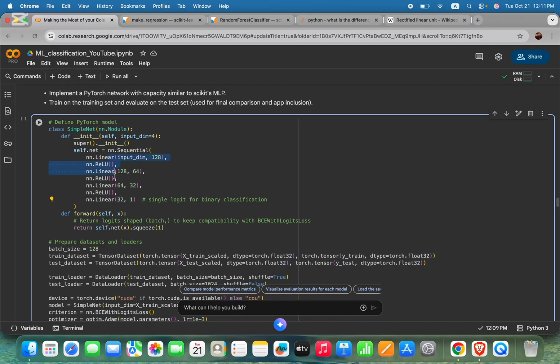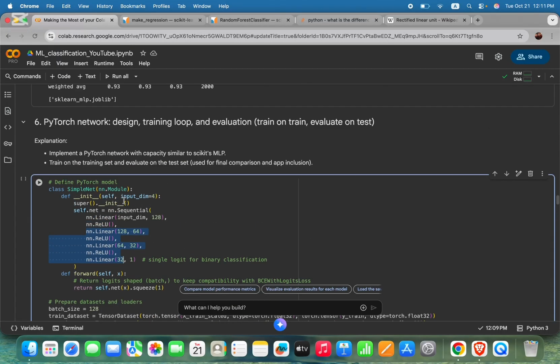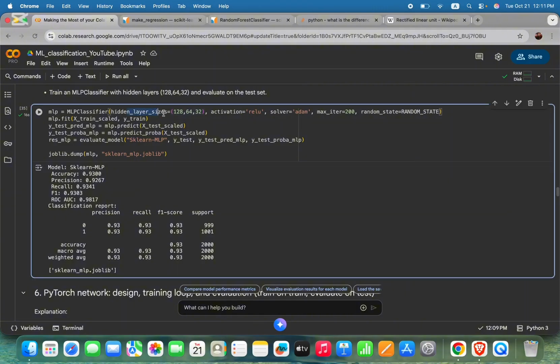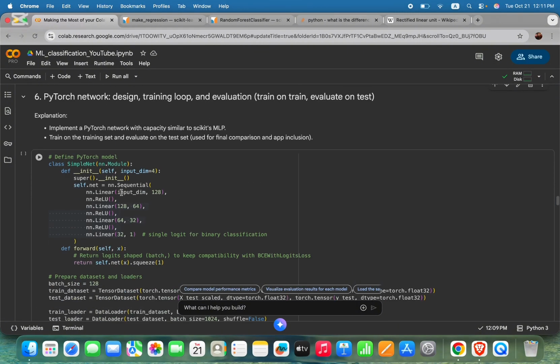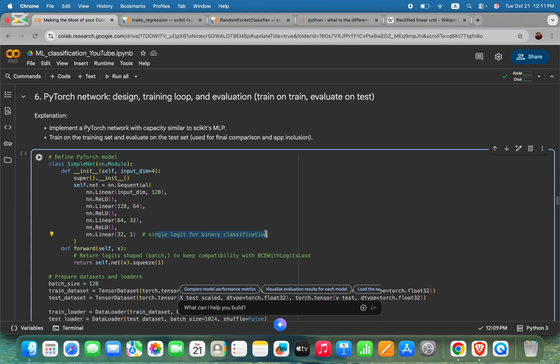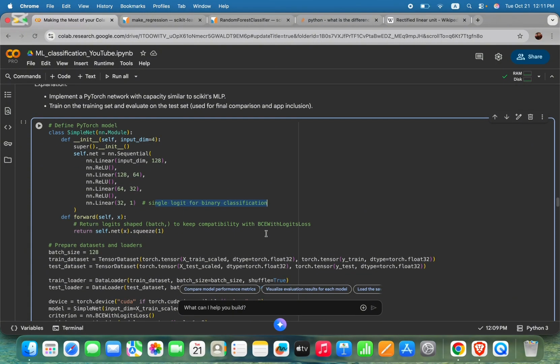So we have 3 hidden layers pretty much just like here. And we have the input layer, and the output is just 1 because we have binary classification, so yes or no. Okay, and with neural networks, you have to define the forward function, and x is the sample, like so